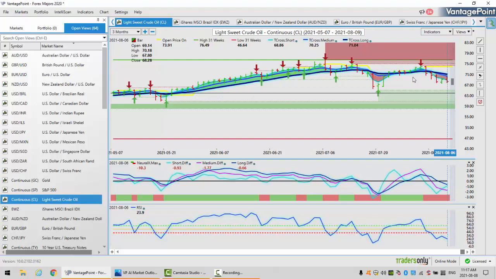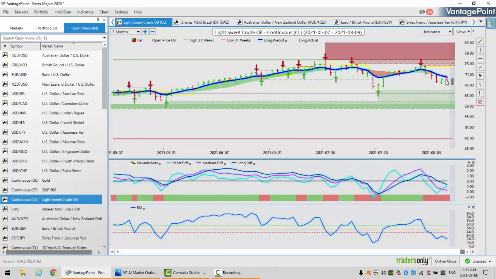But again, right now, that key VantagePoint level, 7104, when we click on our F8, this is the key level where we get very close to price. That pivot to begin the week is 69.62. One of the ways that I've often discussed on here and in the VantagePoint Live training room, is that if we believe that equities are going to go higher and oil is going to follow, then we would use this predicted blue line and put our buy limit orders just above that. So as soon as it pushes above that VP level, we're sitting there waiting for it. We're not chasing price here, guys. We know exactly where we want to go after this thing.